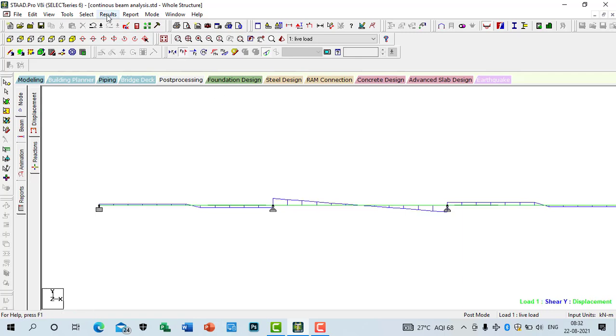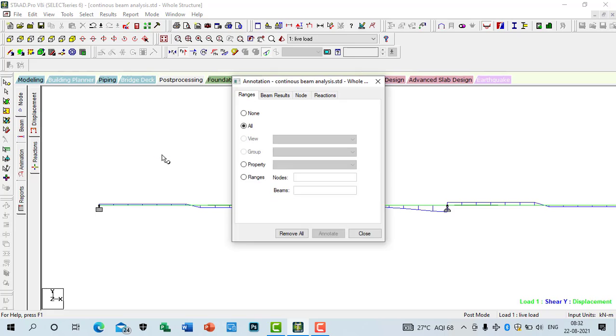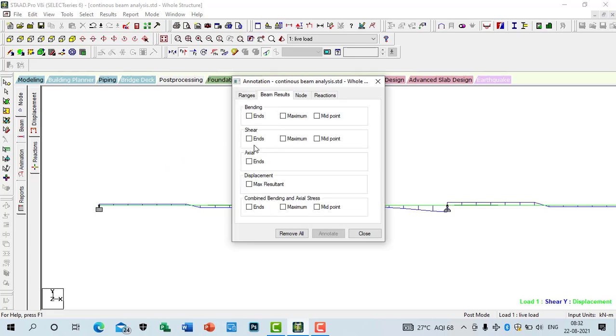If we go to the results, view value, beam results, shear, we can see what is the shear force at the mid span and the maximum shear force at the end, annotate.